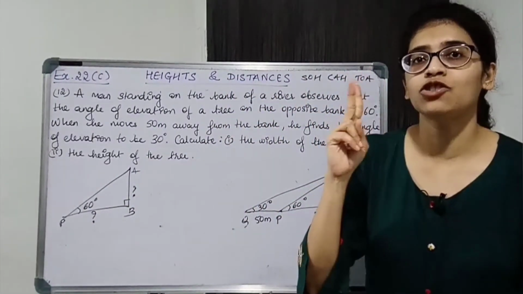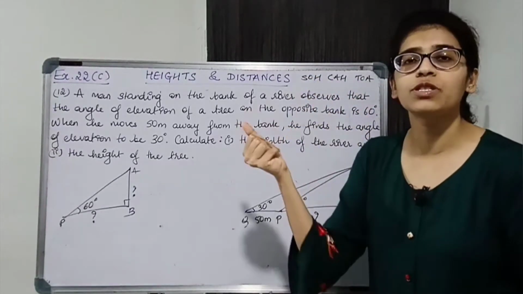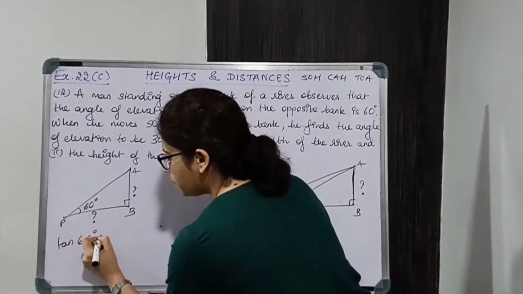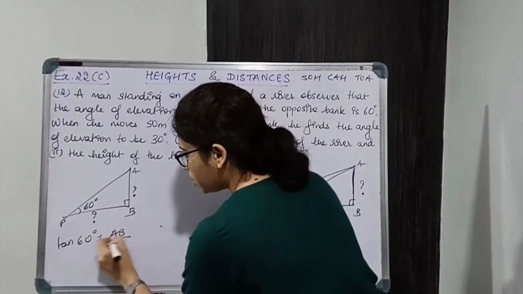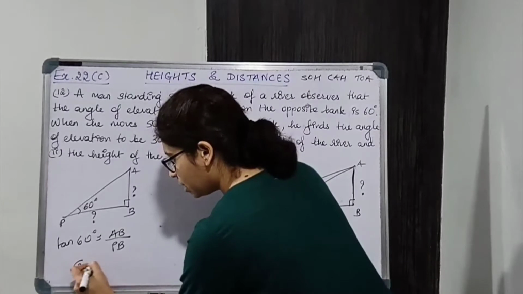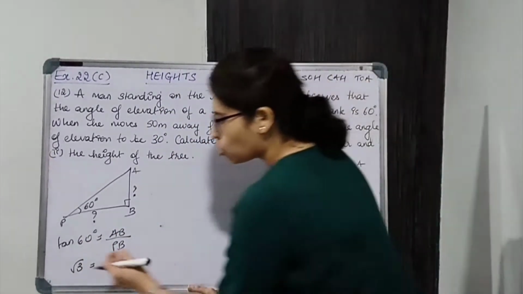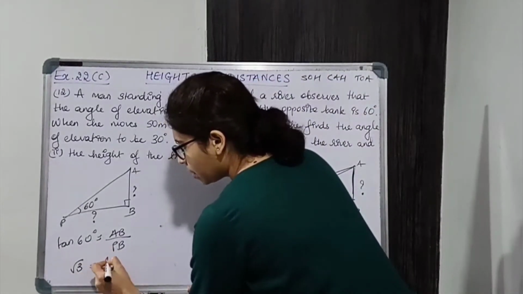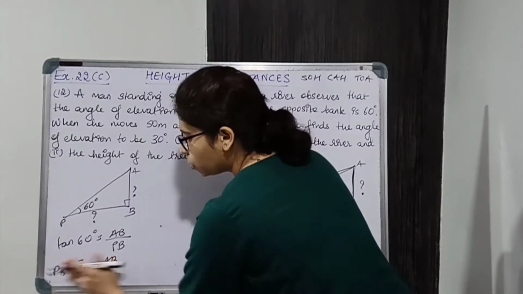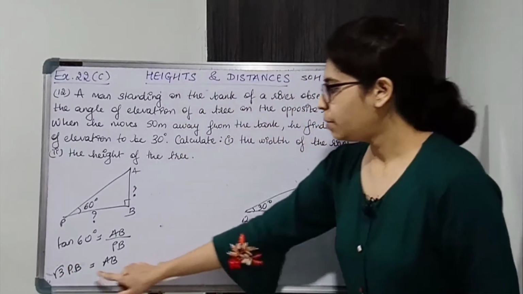You get the relation of opposite and adjacent from which trigonometric ratio? You get it from tan. Tan of the angle is opposite side upon adjacent side. So take tan 60. Opposite is AB, adjacent is PB. Okay, tan 60 from the table you will get √3. Correct? So the standard values table you should know. So tan 60 is √3. So if you shift PB to the other side, AB is √3 PB. Okay, so AB is √3 PB.